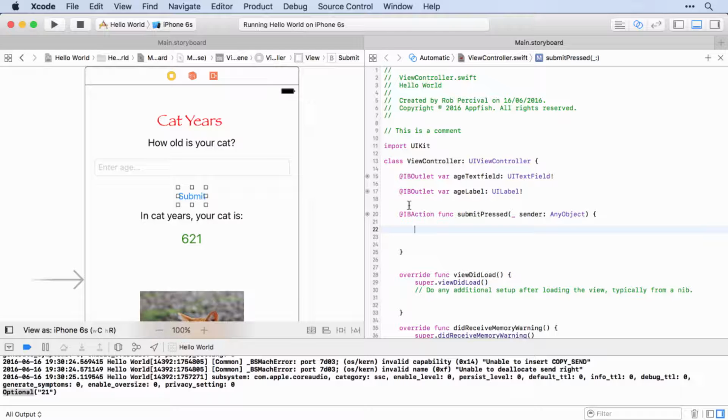So now I want to work out the age in cat years, which simply takes the user's age that they've entered, multiplies it by 7, and then displays it here in age label. But that's not quite as simple as you might think. Let's see why. Well, if we take the age that they've entered, which is age text field dot text,